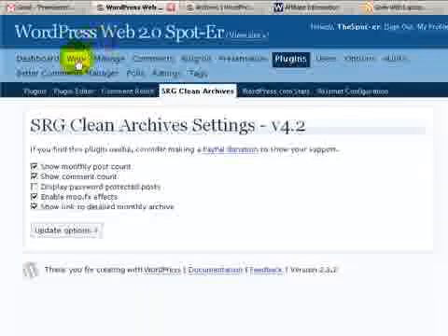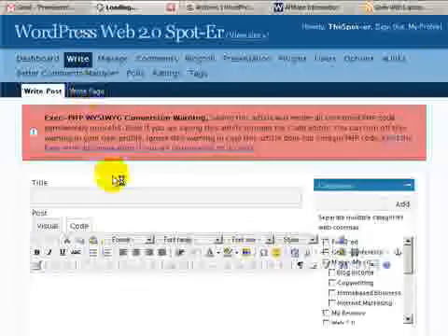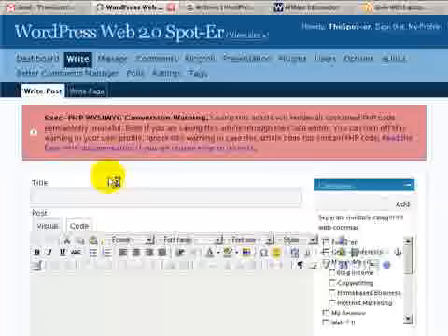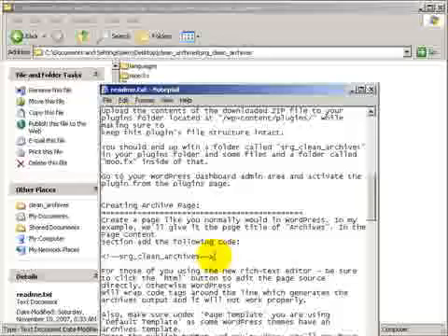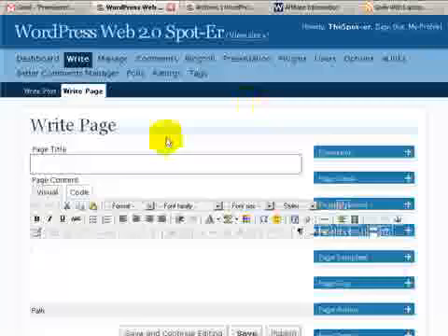In order to do that, we simply click on Write. Then we're going to write a page. And there are a couple of important aspects I need to share with you. First of all, within this SRG Clean Archives you have a README file, and it provides you with installation code you need to insert within this page. Simply scroll down until you locate this code, highlight it, choose copy, then go back into your WordPress admin interface